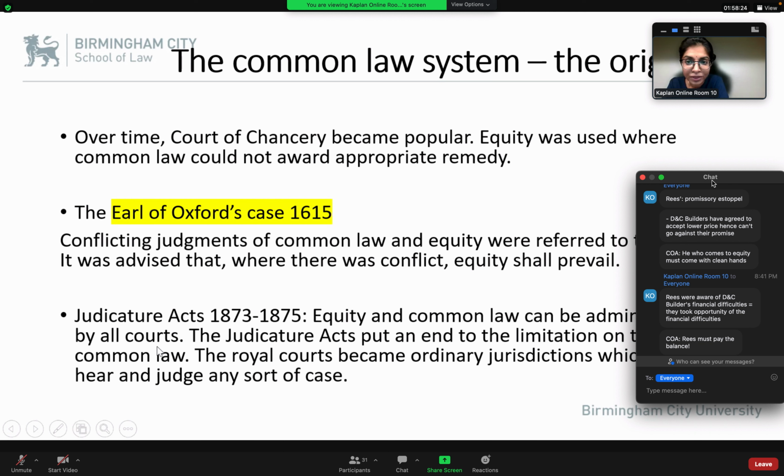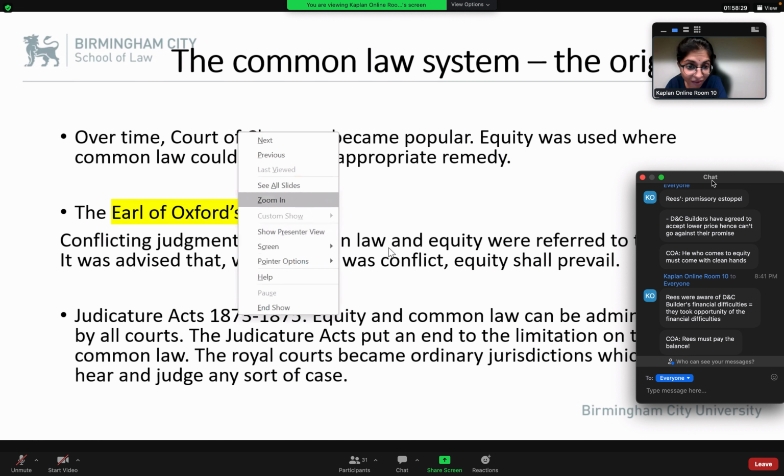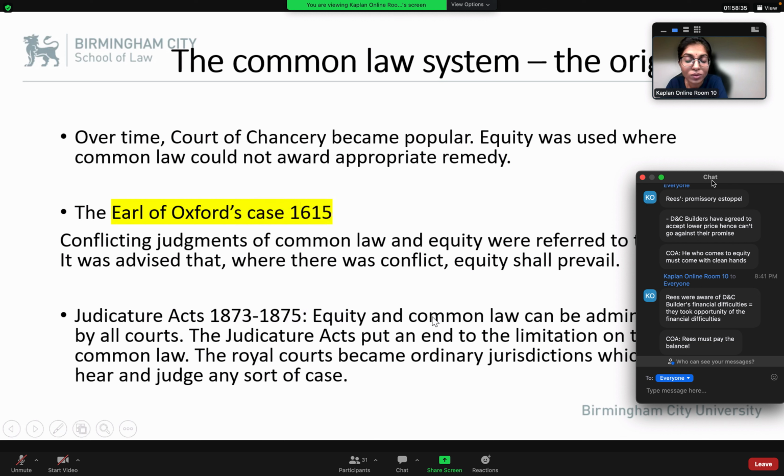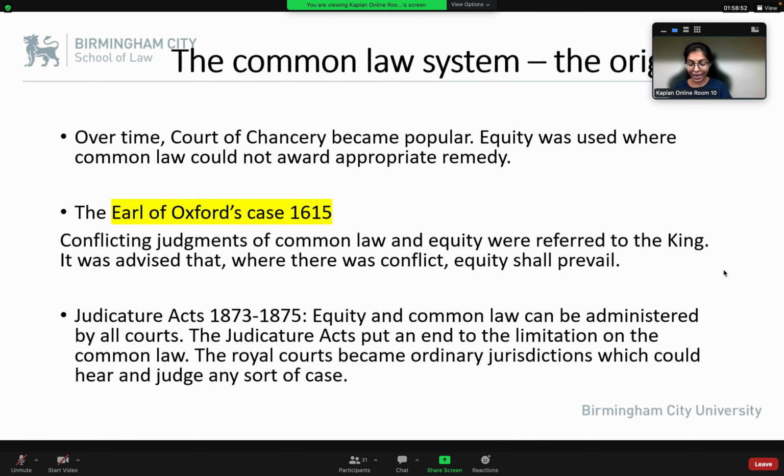So finally, through the enactment of the Judicature Acts 1873 to 1875, it is through this legislation that equity was merged with common law. Equity merged with common law means all the king's courts, the royal courts, became the ordinary court here, and judges today will sit in the king's court, okay? And that means there's no separate court for the crown. The king cannot hear cases in the king's council anymore. All cases must go to the ordinary common law court.